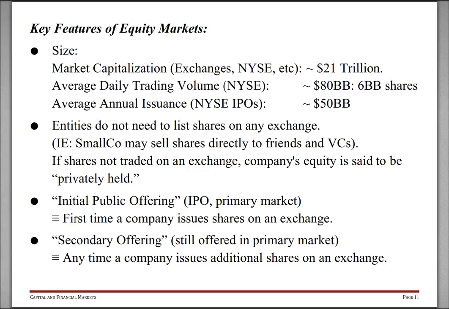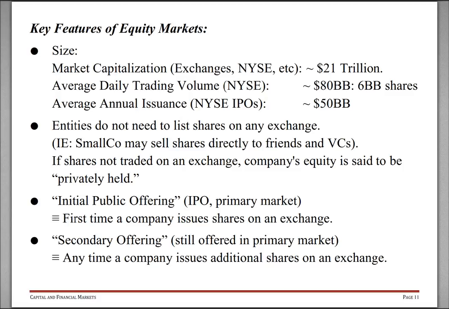What are some key features of equity markets? They're pretty big. Total capitalization of all the firms in the NYSE is about $21 trillion. And there's a lot of trading volume of shares, about 6 billion shares a day, representing about $80 billion on the New York Stock Exchange. And there's a lot of issuance. That would be primary market issuance in what's called initial public offerings or IPOs, and also secondary public offerings. So about $50 billion